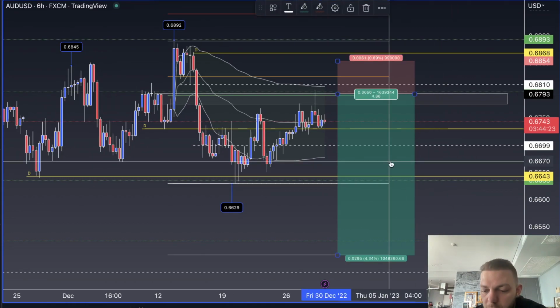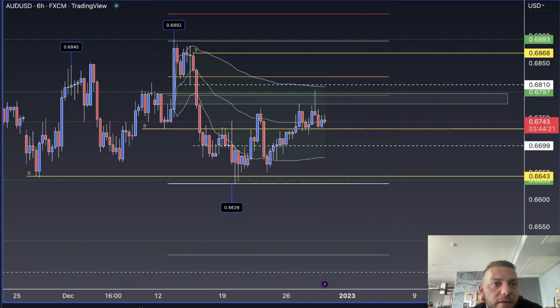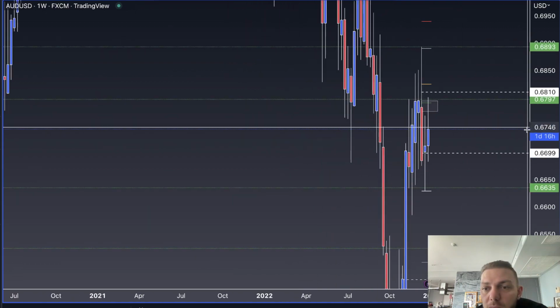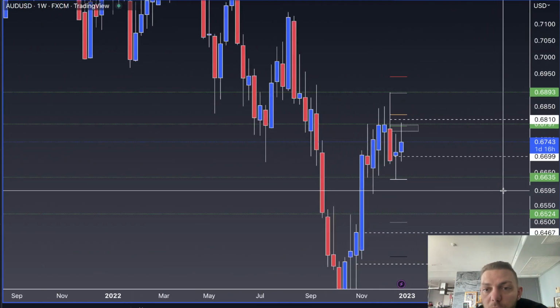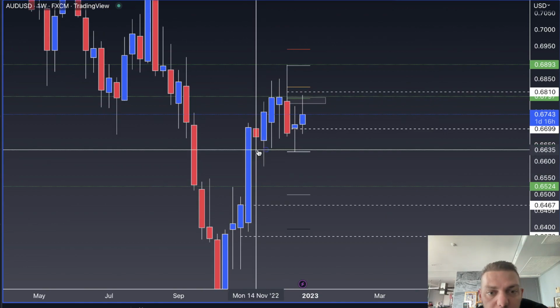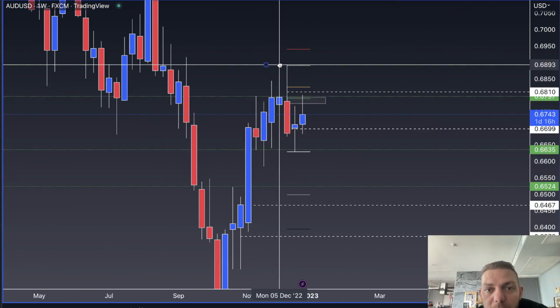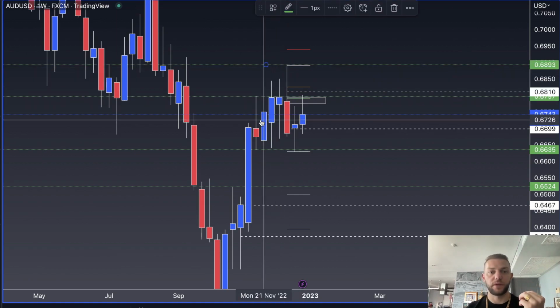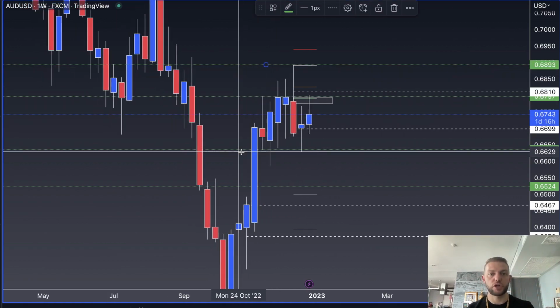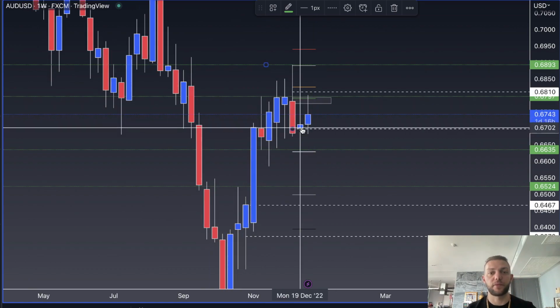Okay, so let's have a look at the Aussie dollar from the highs into the lows. We're going to keep this quite brief. Look at the weekly. You can clearly see from the weekly low to the weekly high of this grid, this network of the grid at the top here. We can see the back and forth accumulation has been happening on a weekly perspective, 1, 2, 3, 4,